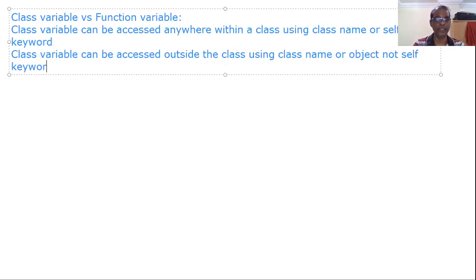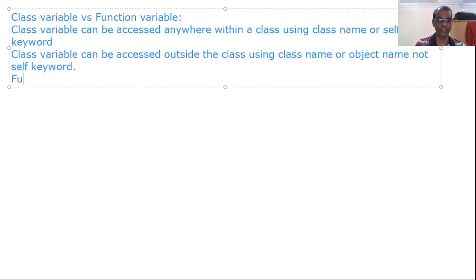So within a class, a class variable can be accessed anywhere using class name as well as self keyword. Outside the class, a class variable can be accessed using class name or object name, but not self keyword. That is the usage of class variable.